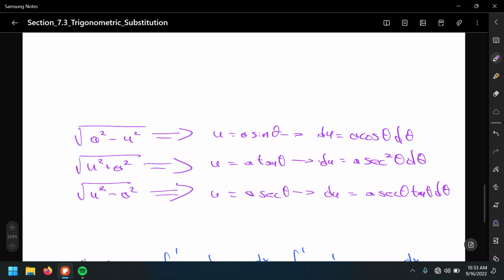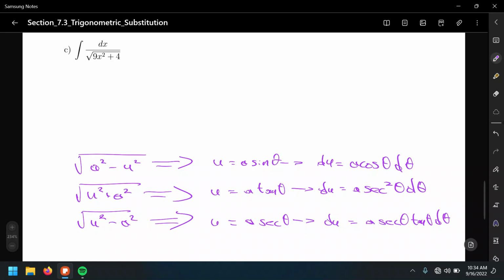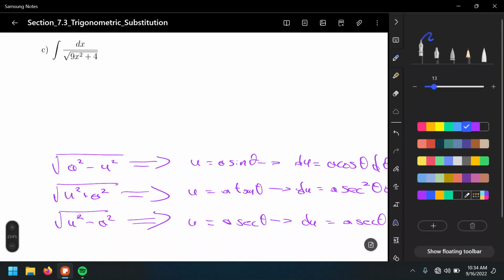So when looking at this table, I already got annoyed of all this information that I would have to memorize. If I mess up a sign, memorizing all this information, there's a lot of room for making silly mistakes. Well, I'm going to leave this here so we can observe the integral. So what do we have? Oh, in this case, both positives. So that means this will be the u equals a tangent theta. Okay, so that means